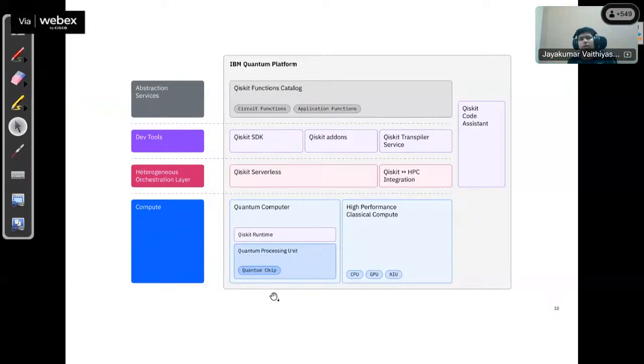Suppose you are not able to access a quantum computer, you can access a CPU, otherwise you can access a GPU, or you can access an artificial intelligence unit. Not each and every time do you need to execute on a real quantum system. This is very expensive. Normally IBM will charge nearly 9,000 rupees per single minute. How much time are they giving? 10 minutes. So this is a very big